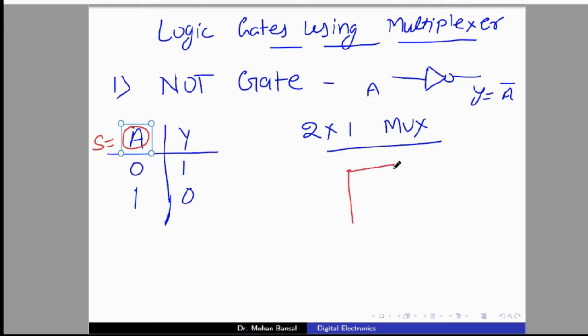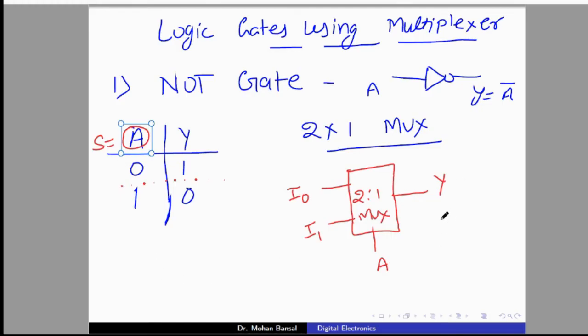That is the aim of this class. So we are writing 2 is to 1 mux with one slack line, that is A, and always we will be having one output line, that is Y. Now for 2 is to 1 multiplexer, we will be having two input lines, one is I0, one is I1. So draw one horizontal line between different values of slack line. Here S equal to 0, for S equal to 0, Y should be I0.